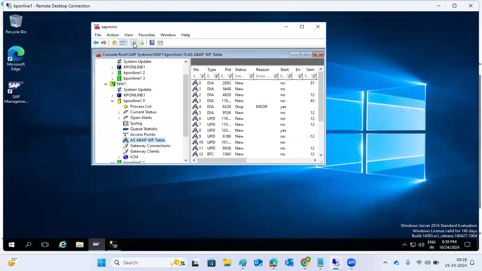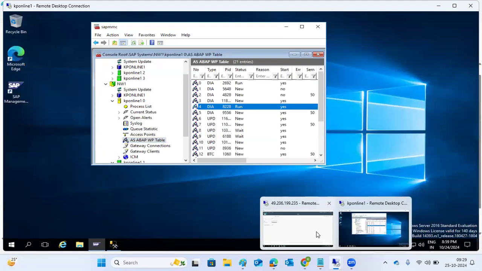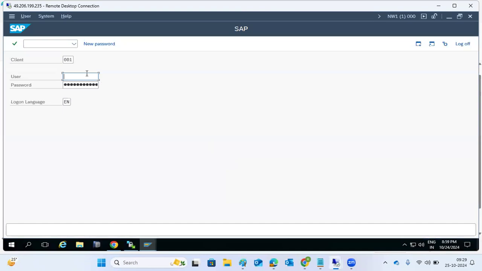Once any one of the dialog work processes comes to the wait status, see here, many things are wrong. See how many work processes they have changed here, updated for this many things. If you change it without any valid reason, why this many updates are required and these many are not required, then definitely your system will suffer from maintenance errors. Now the waiting work processes are coming to 0, then immediately you got the SAP screen here, which means a work process picked up your request. Now you can log into the system